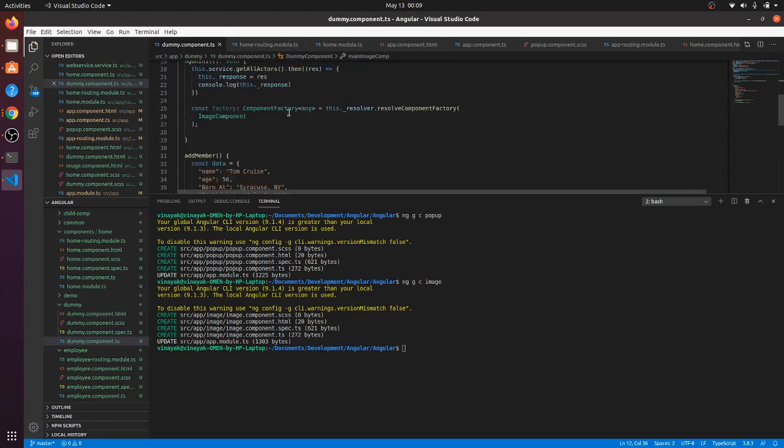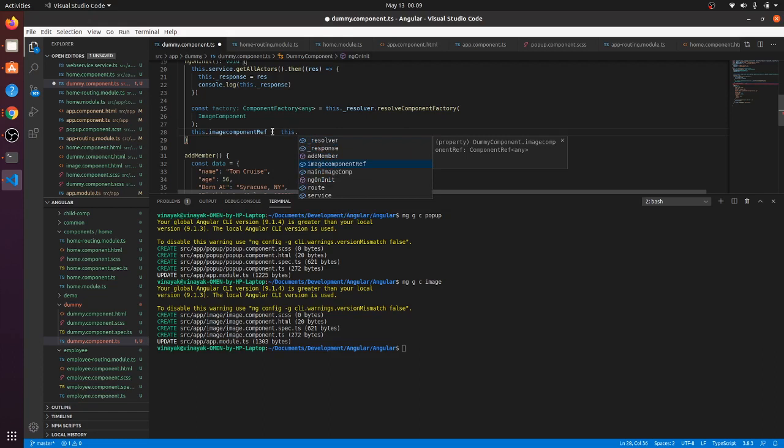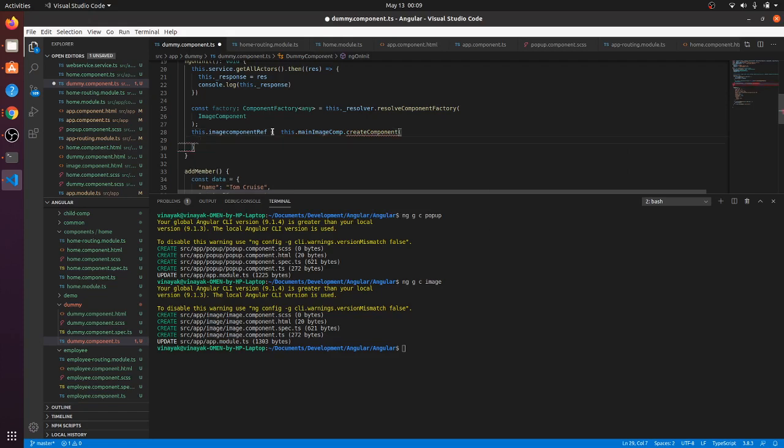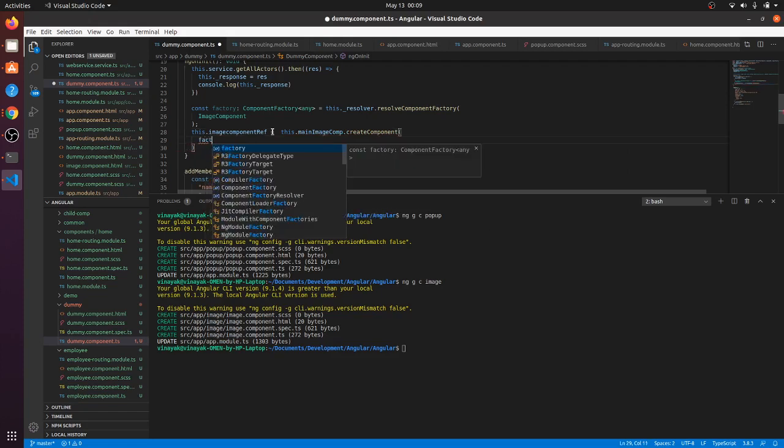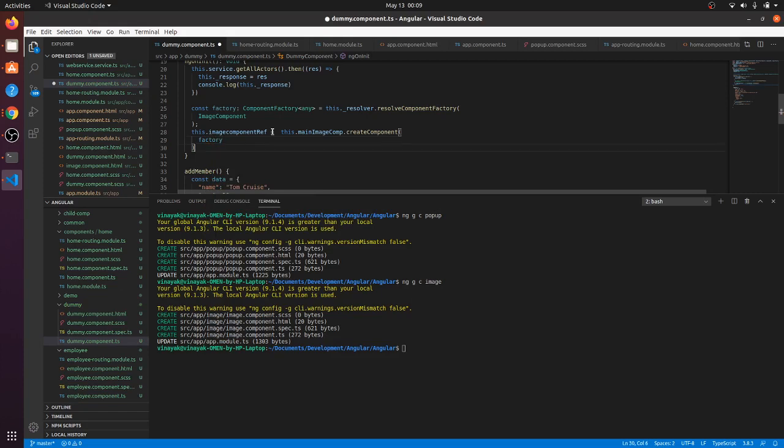So here after component ref, I'll be calling that image component ref. It's going to be this dot, so image, main image component, and I'm going to create the component on top of that, by calling that factory. That's it guys, you're done,